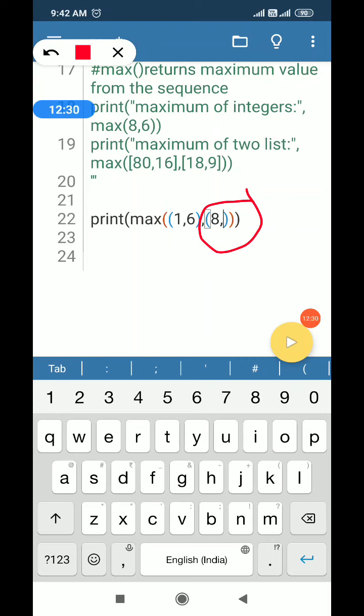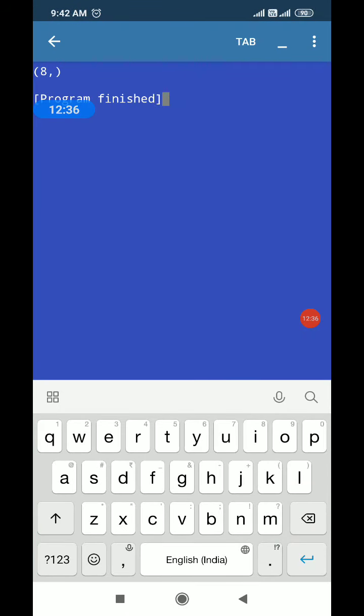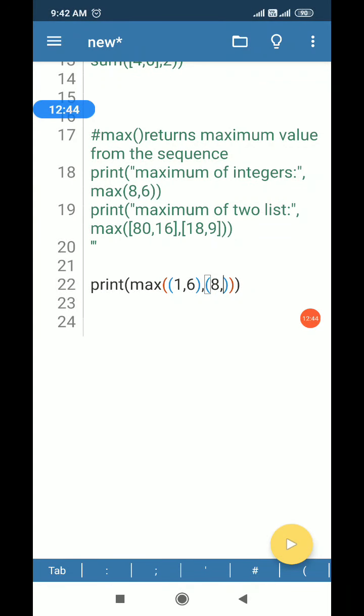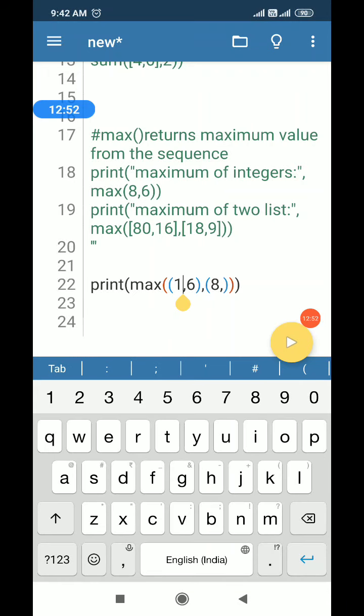So now my program is fine and it must work. Let's see. Yes, it will give you the correct answer, and that is 8. Now this 8 will become a tuple, and since the first element of this tuple is greater than the first element of the first tuple, the second tuple will be printed.